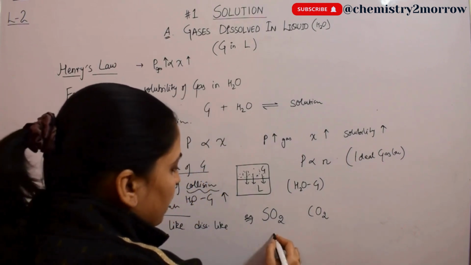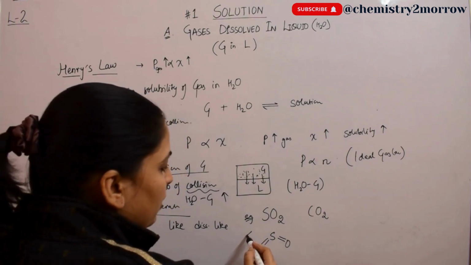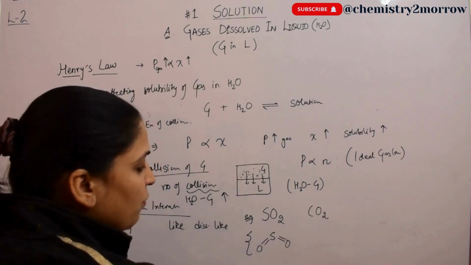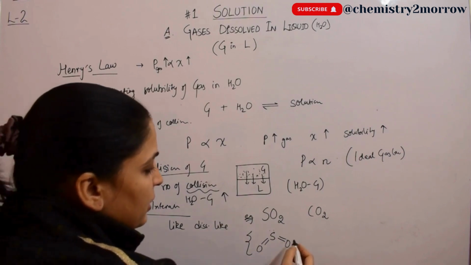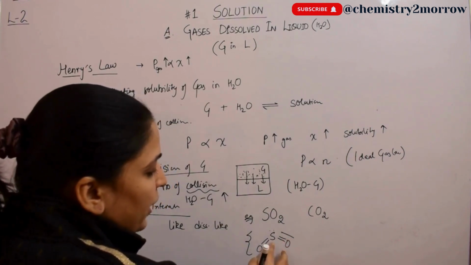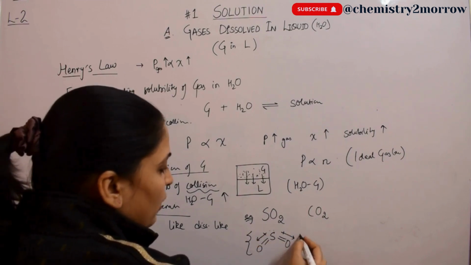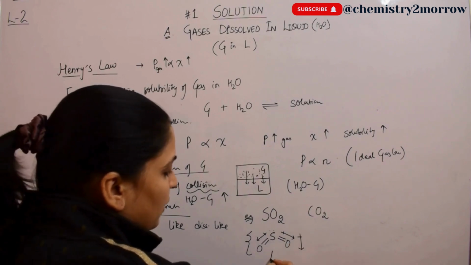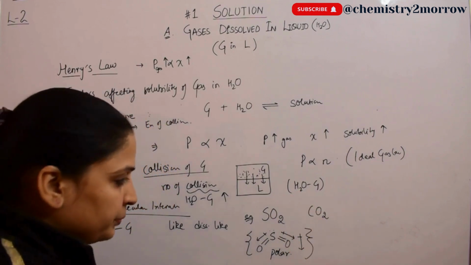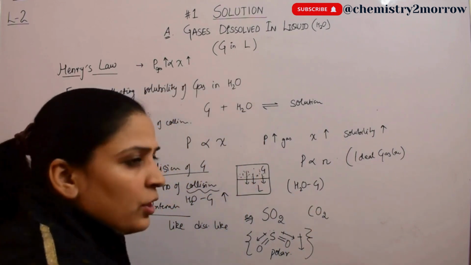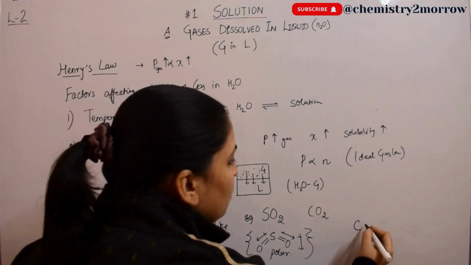In case of sulfur, you have a bent structure, right? This you have done in your previous class where you draw the structure of SO2. Here in this case, the difference of electronegativity between sulfur and oxygen will create bond dipoles and an overall dipole of the molecule. So this becomes a polar molecule. This is a part you have done before in molecular shapes and chemical bonding, class 11th. Whereas CO2 has a linear structure.